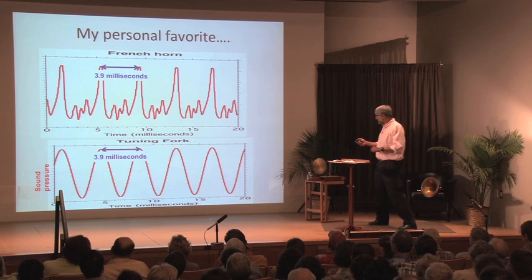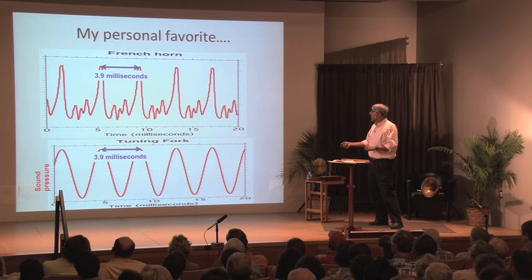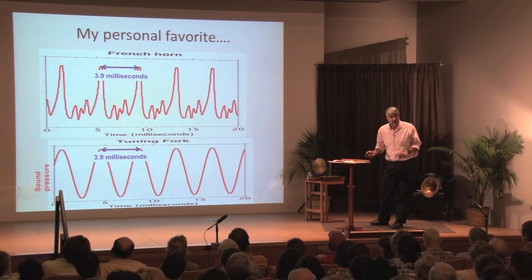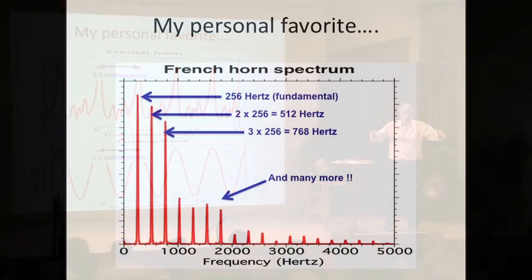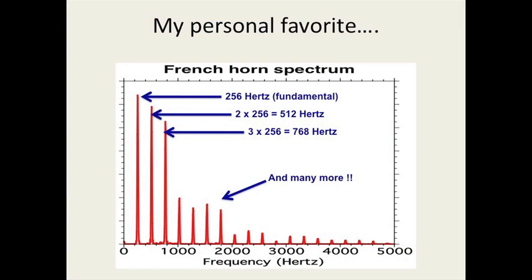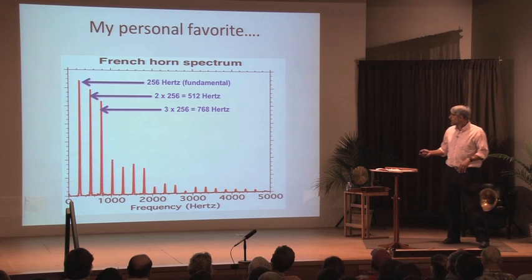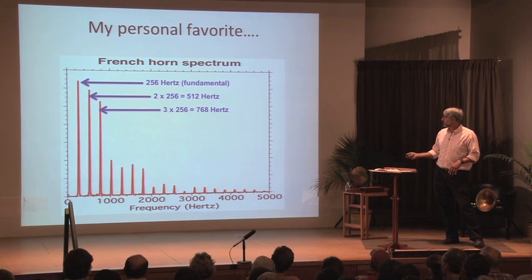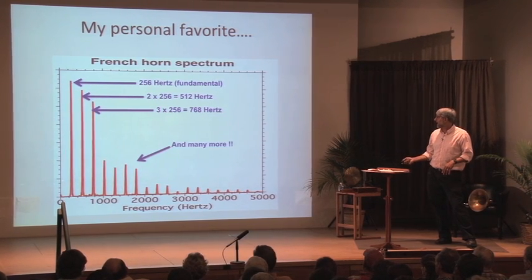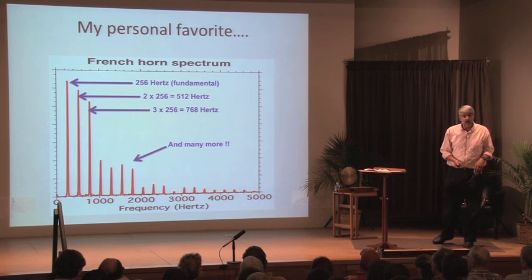But when one looks to see what kind of frequencies are encoded in that, you realize that when I blow through my French horn, I don't just generate the fundamental mode, I generate many, many more. And that's what the spectrum looks like from my French horn. So check it out. Do we get the fundamental? Yes. Here's the second harmonic, twice, 3 times, 4 times, 5 times, and on and on and on.